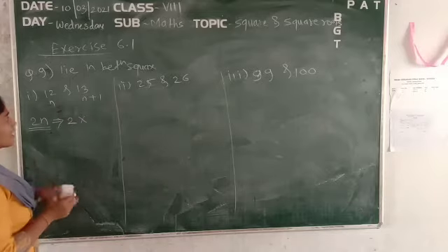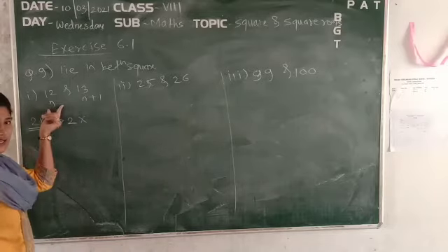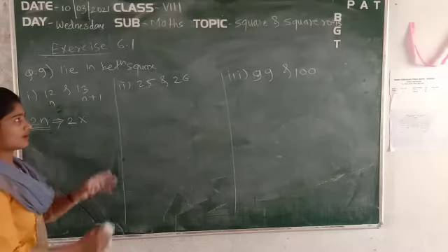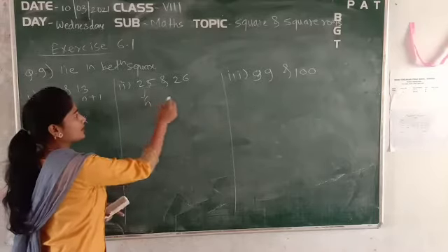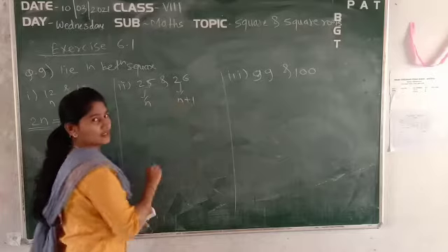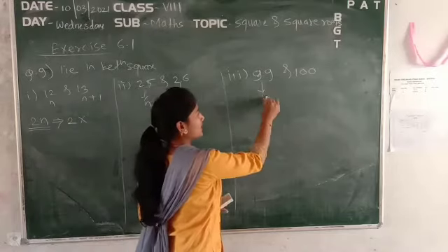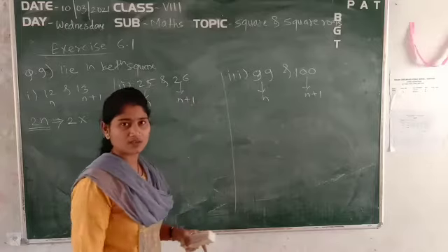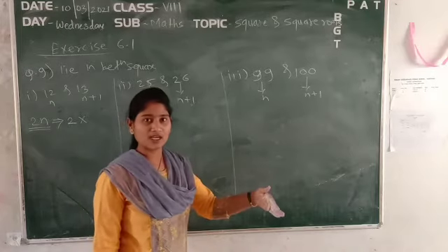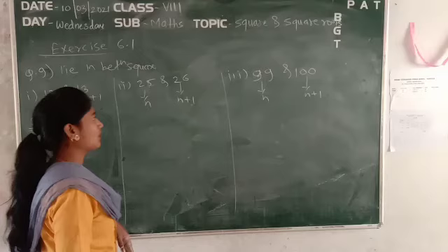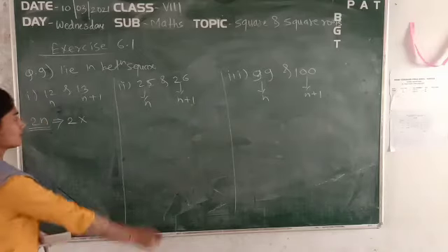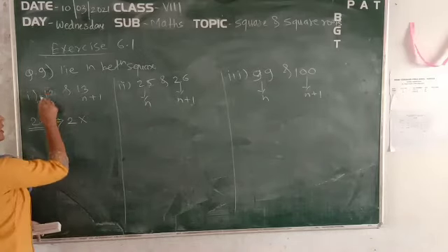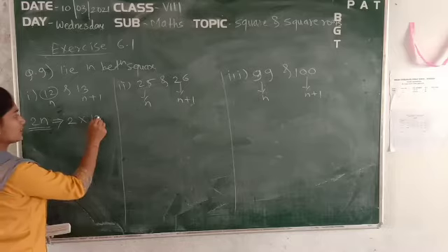First of all, you have to write down this: the first term as n, the second term as n plus 1. Once you sort out all this, it is very easy to write down the final answer. So what is the formula for this? 2n. It means 2 into n, where n is your first number, that is 12.